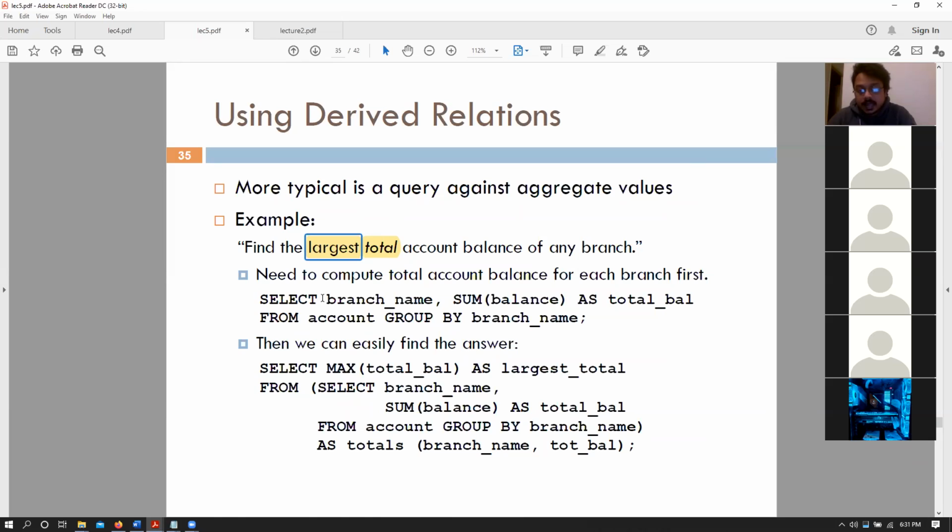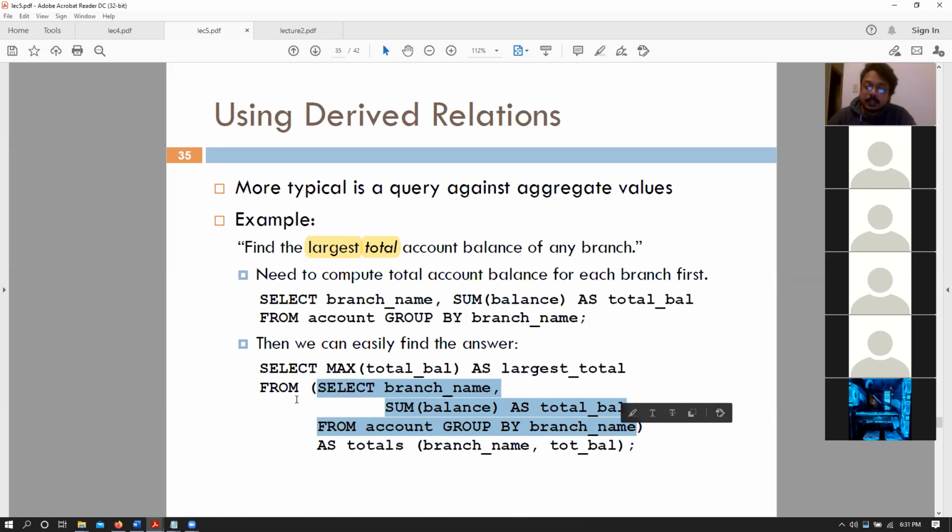So if we want to write this particular query, let's say that we just want to find the total account balance for each branch. We can say select sum balance, branch name from account group by branch name, right? So group by branch name and find the sum of all balances per branch name. Once we have this, this becomes our derived relation, and using our from clause, we can put it there: from select branch name, sum balance from account group by branch name.